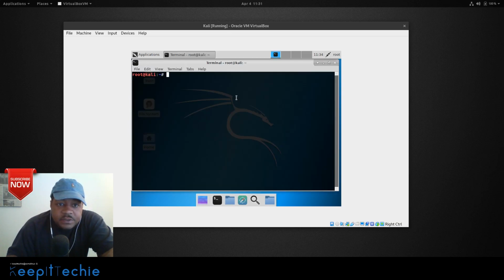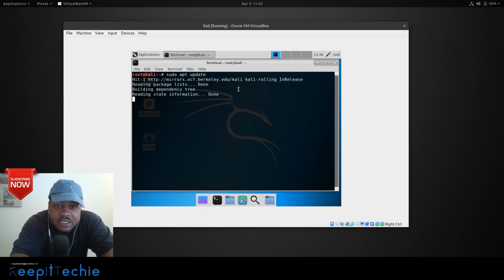So the first thing we want to do whenever you have a newly installed operating system is basically to update it. This is a fairly recent ISO that I downloaded, so it shouldn't have many updates, which I'm not going to actually upgrade any packages, but I am going to update it because I want to install one thing, and this is something you need to do when you install Kali. You have to do an upgrade of all the packages. But what I want to do is install a package, which is